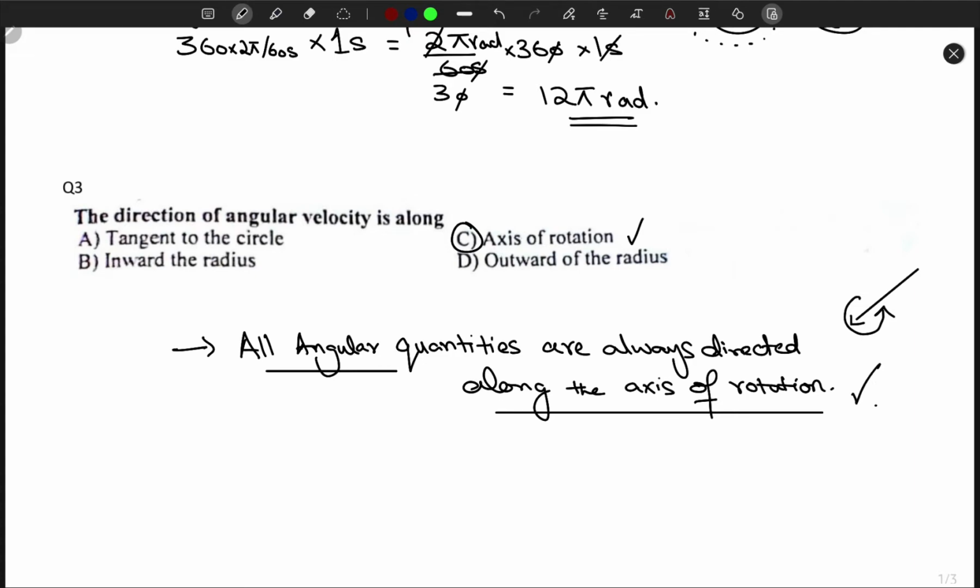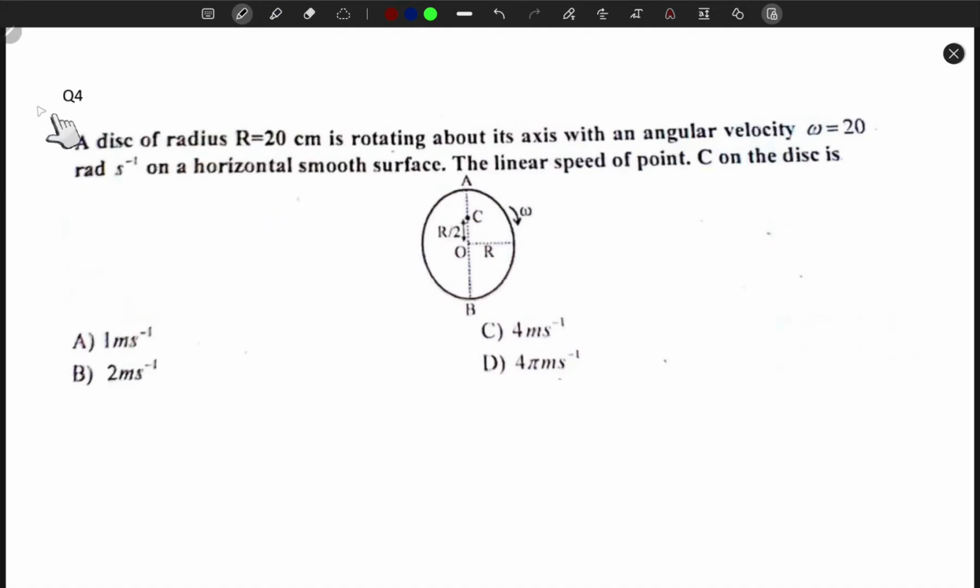Okay, so with that, we can move on to the next question. So here's question number 4, and question number 4 reads that a disk of radius r equals 20 centimeters is